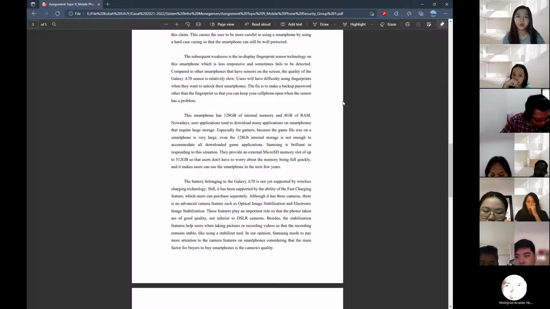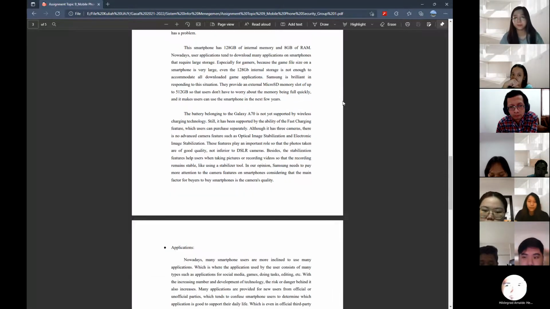Samsung is very brilliant in responding to this situation. They provide an external micro SD memory slot of up to 512 GB so that users don't have to worry about the memory being full quickly, and it makes users able to use the smartphone in the next few years.